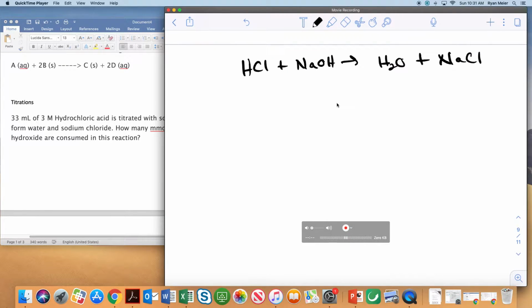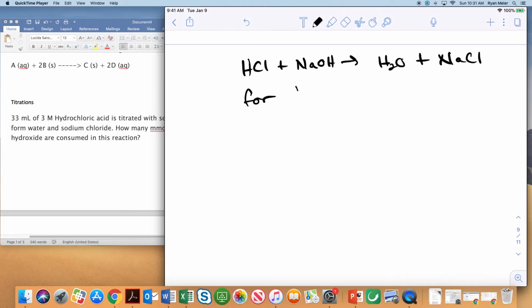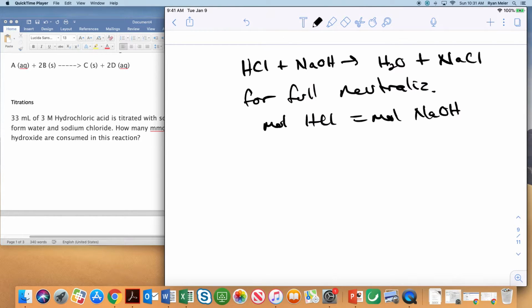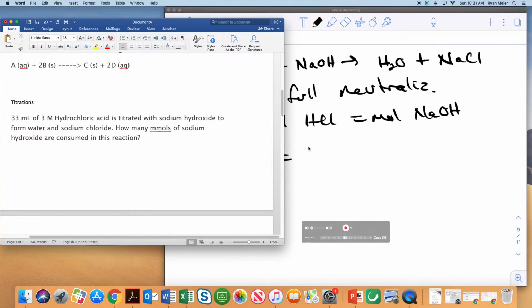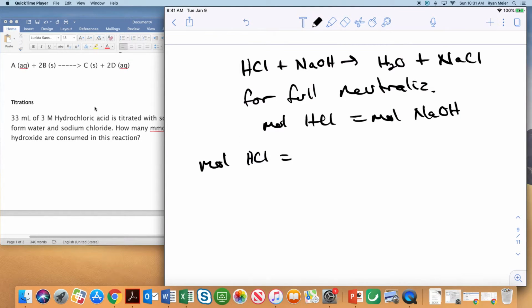So for full neutralization, our moles of HCl should equal the moles of sodium hydroxide. For our moles of HCl, we can find this by taking our volume times our concentration. So 33 milliliters. I rarely ever work with millimoles, so I'm always in the habit of writing things in liters. So 0.033 liters times 3 molar. If I multiply that out, that's going to be